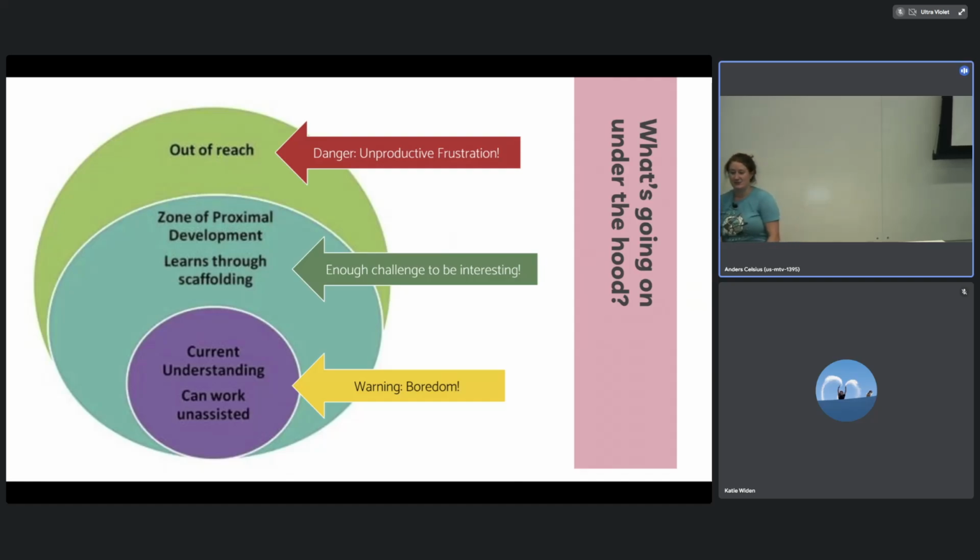And it kind of sucks, because everyone's like, just be in the sweet spot. And you're like, how? Which is why I like my lessons. I feel like I hold on to that sweet spot the whole time. So they're learning through something called scaffolding. Scaffolding is where you're applying supports to make it accessible.